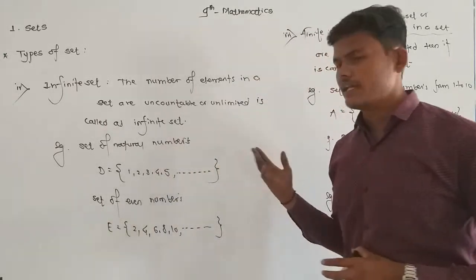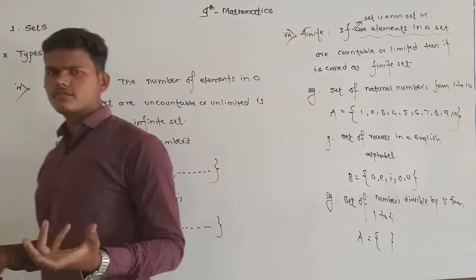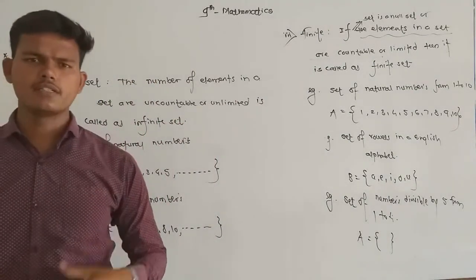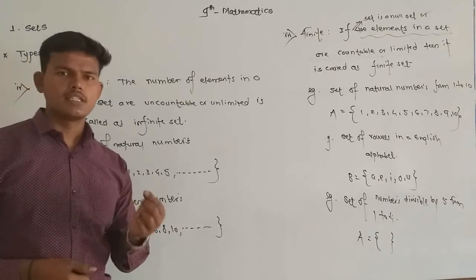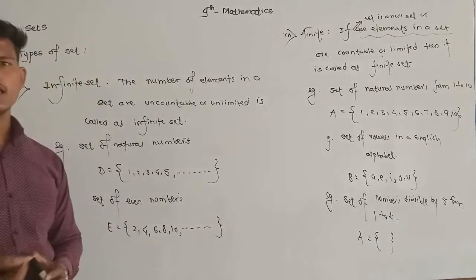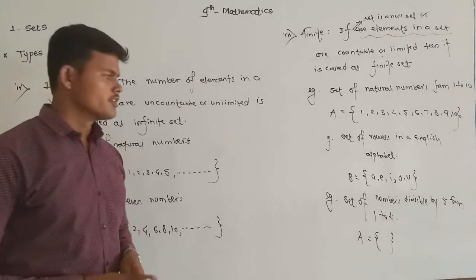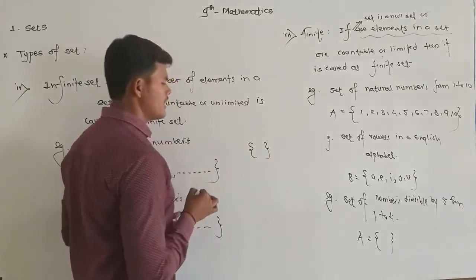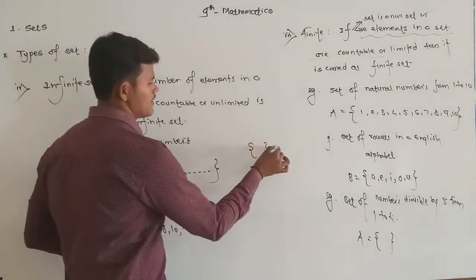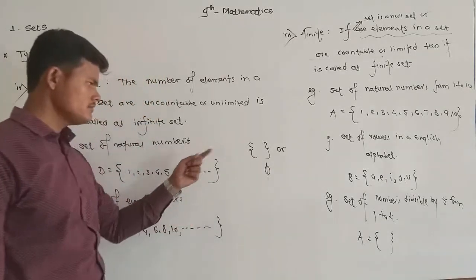Next one is the null set or empty set. Null set or empty set means there is not a single element in the set. That means if the set does not contain a single element, जर एखाद्या सेट मध्ये एकही एलिमेंट नसेल, then it is called an empty set or null set. Null set or empty set is denoted by curly brackets, or in mathematical form it is denoted by phi. Okay.